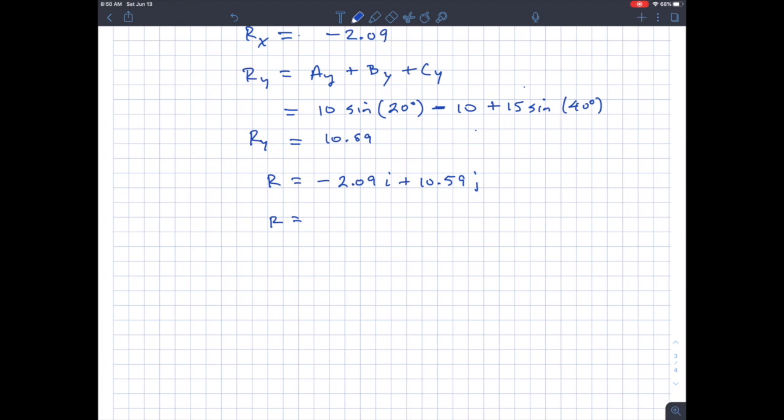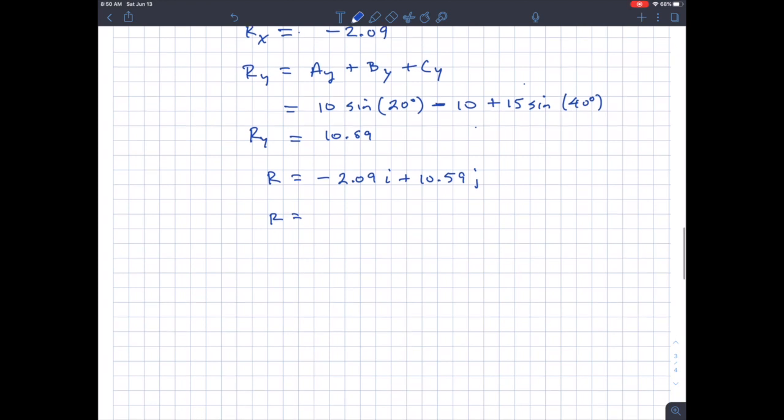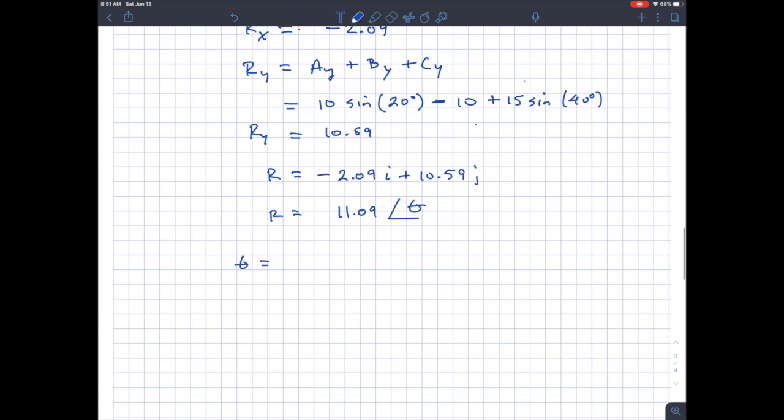If you take 2.09 squared and 10.59 squared, add them together and take the square root, you get 11.09, at an angle theta. So what is theta? Well, you can calculate that. That would be the arctan of the y component divided by